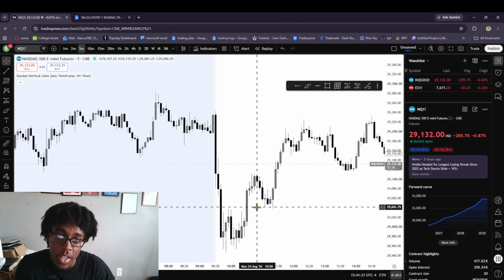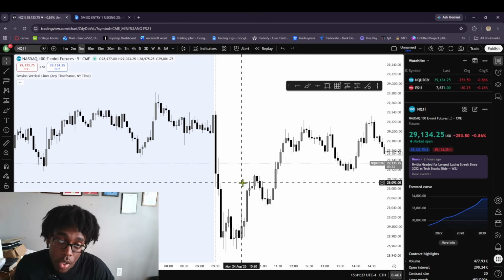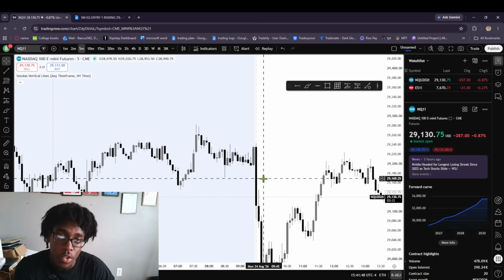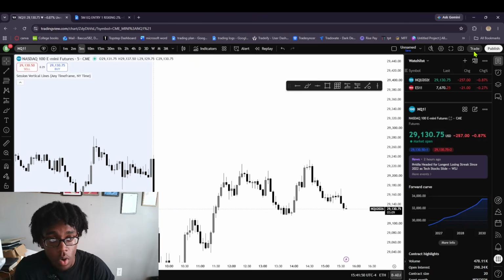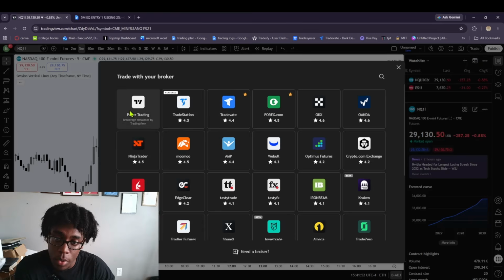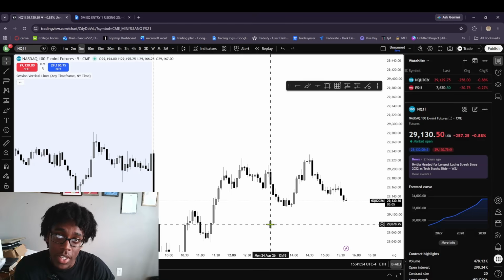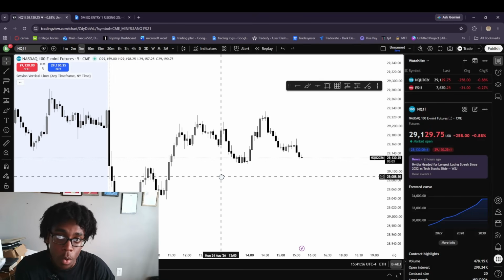So now I'm going to quickly tell you guys how to forward test correctly. You're either going to want to use a paper trading account or a sim funded account or evaluation with a prop firm. For paper trading, you can literally use TradingView and you will go up here where it says trade and then you hit paper trading. And now you don't have to risk a single dollar of your own, but you can still forward test your